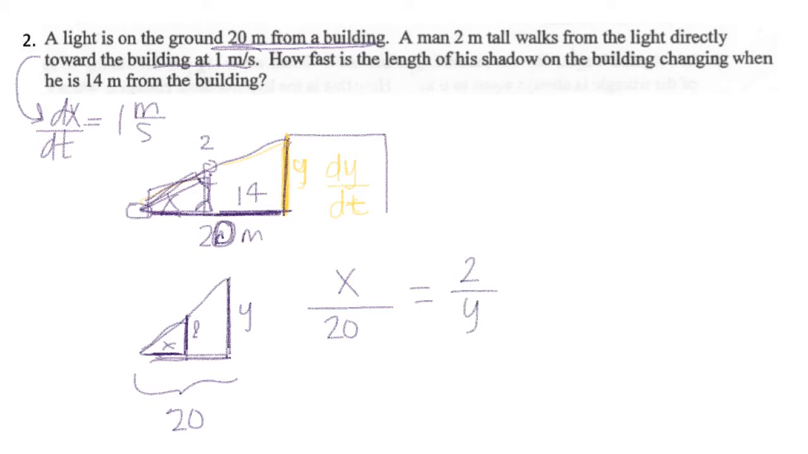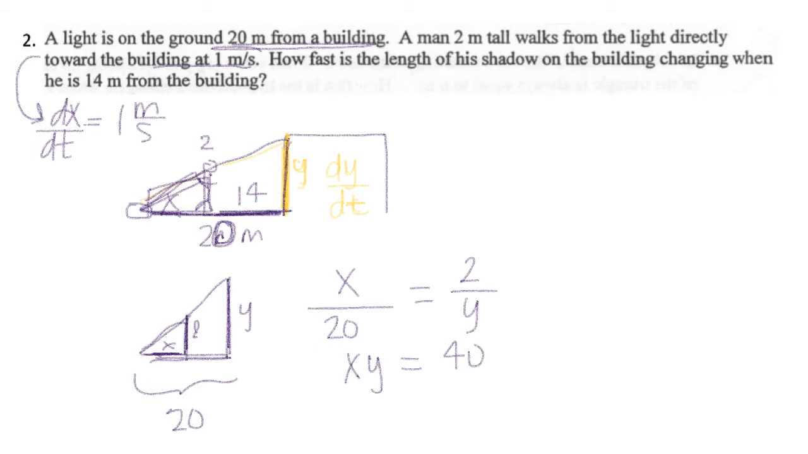And now we have our x and y that we can work with. To solve this proportion, let's cross multiply. So I would have xy equals 40. Now we've still not done a derivative yet, and notice it's x times y, so we're going to have to